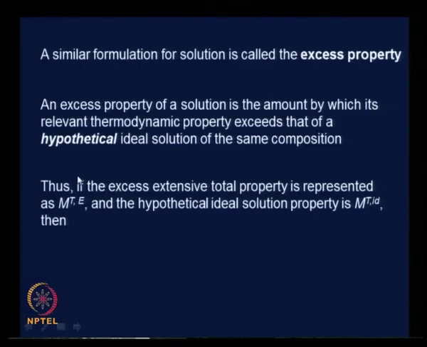Thus, if the excess extensive total property is represented as M^E_T, I am going to use the superscript E to denote excess properties, the same way that we had used the superscript R to denote the residual properties for pure substances. So, M^E_T and the hypothetical ideal solution property as M_T,ID, ID for ideal, then the excess property M^E_T is defined as the difference between M_T, the actual property, and the ideal property, M_T ideal. Let us call this equation 4.23,